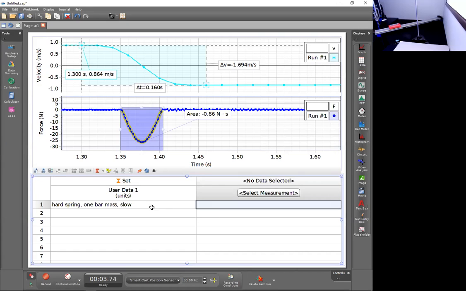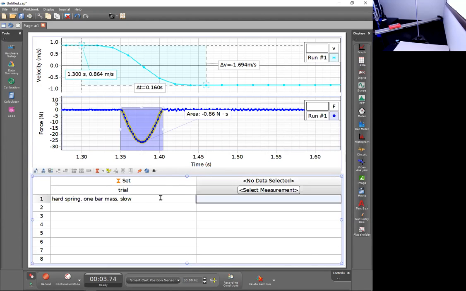I do use them quite often when we just have a few data points, like I do for my metadata I'm collecting here. User data 1 is not a great name, so I'm going to click on it and choose rename, and this is basically the trial. I'll hit tab. I don't have units, so I'll delete that. And I now have a column of user entered data, which is basically describing the conditions under which the other